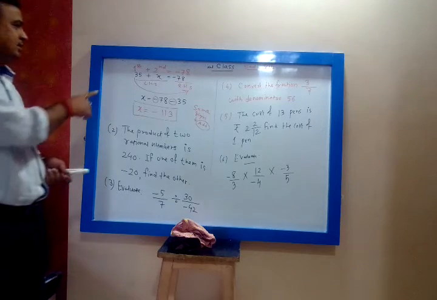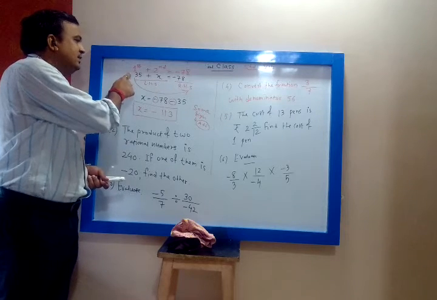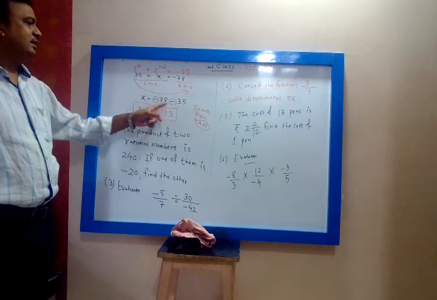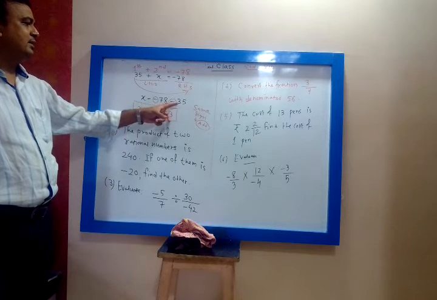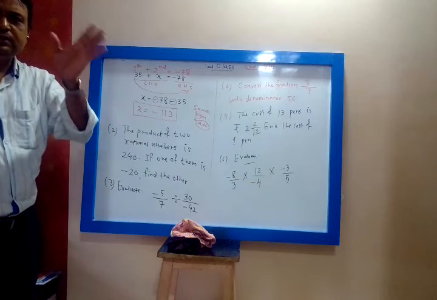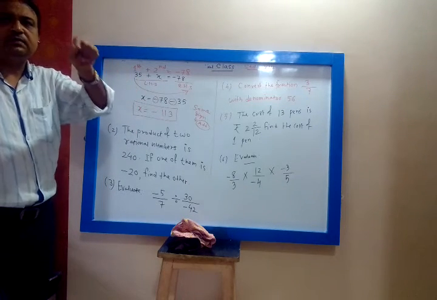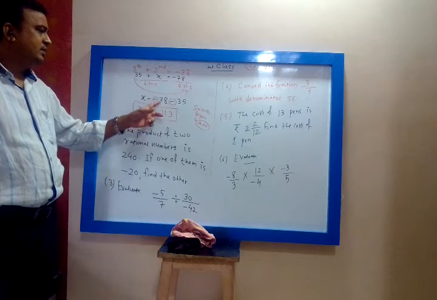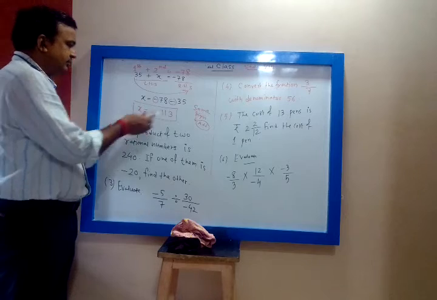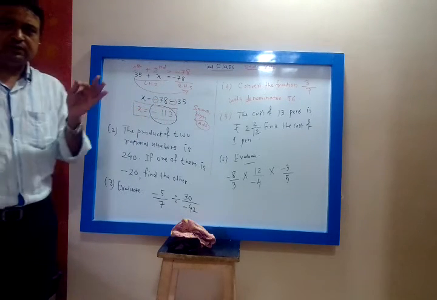This is plus 35. When I will take 35 on the right hand side, plus 35 will become minus 35. So minus 78 minus 35. 78 has minus sign, 35 has minus sign, minus minus same sign. Whenever you have same sign, you have to add the number and take the common sign. Minus minus common sign will be minus. 78 plus 35 is 113. So answer is minus 113. Yes, understood everybody?